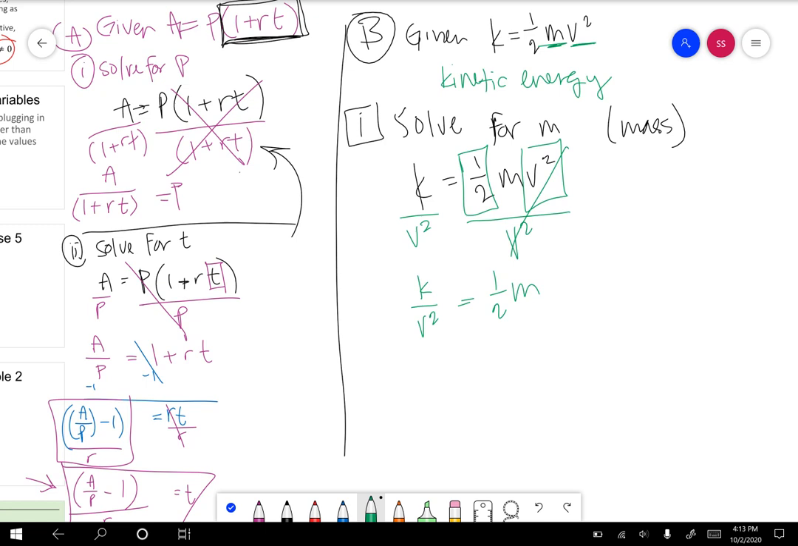My dog just found a squeaky toy. Sorry, guys, I've got a puppy. He's very